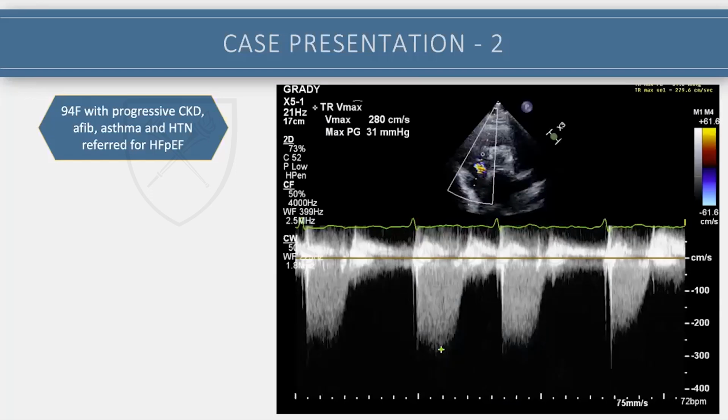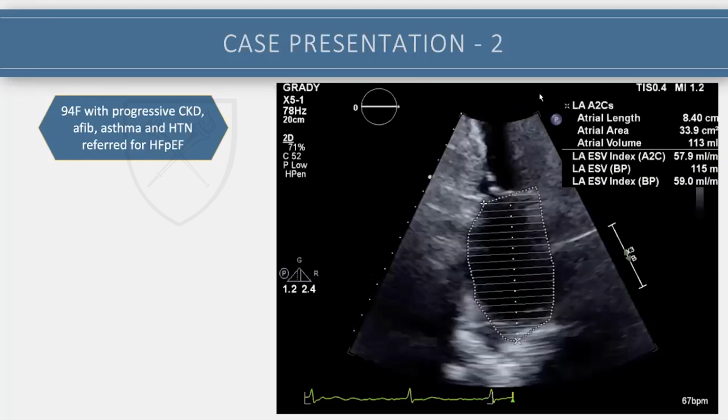And then TR velocity for her was kind of a little more borderline, with a pressure gradient calculated at 31 here. And then we have a left atrial size that's severely dilated here. Like I said, she had been in chronic AFib for many years. In this echo, she actually did not have